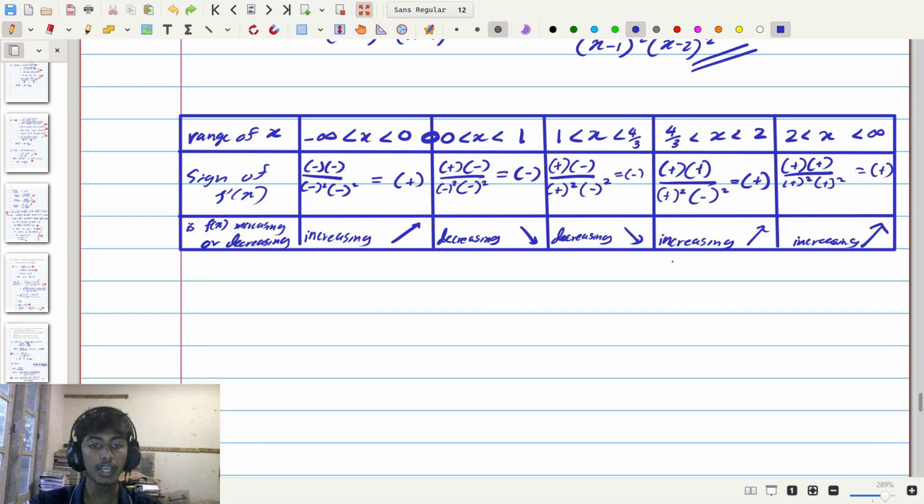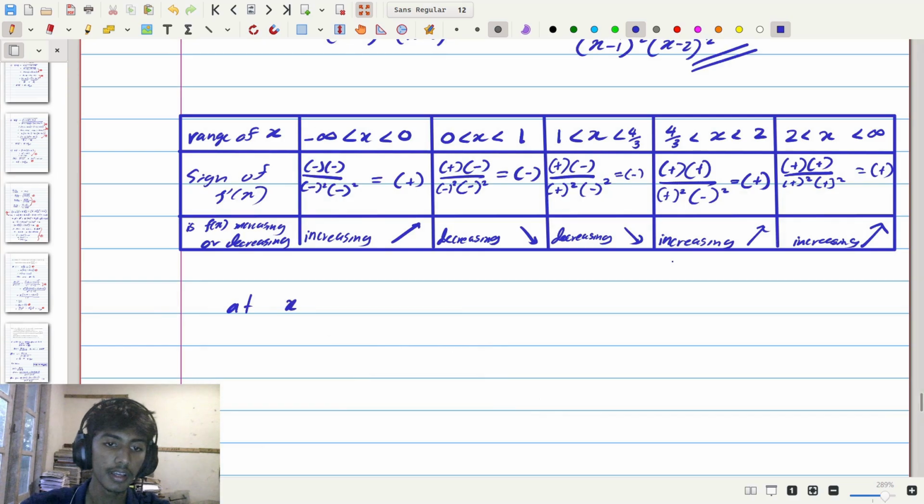Due to this, we can see our graph is going up, up, up, but then it turns around at x equals 0, it should stop, and it's going to go down again, meaning that for these values, we are going to have at x equals 0 a stationary point, which we can see, since we're going up before it and down after it, it is a local maximum. So we can say